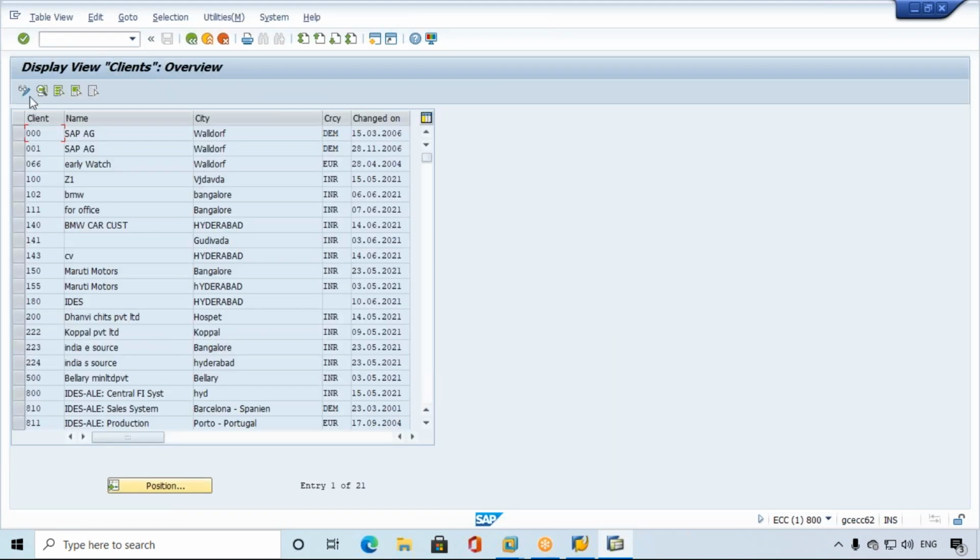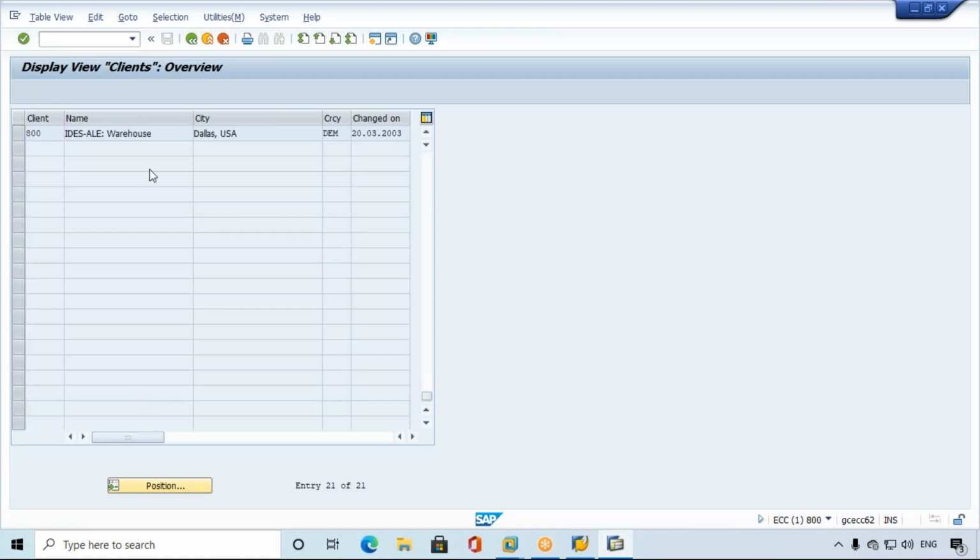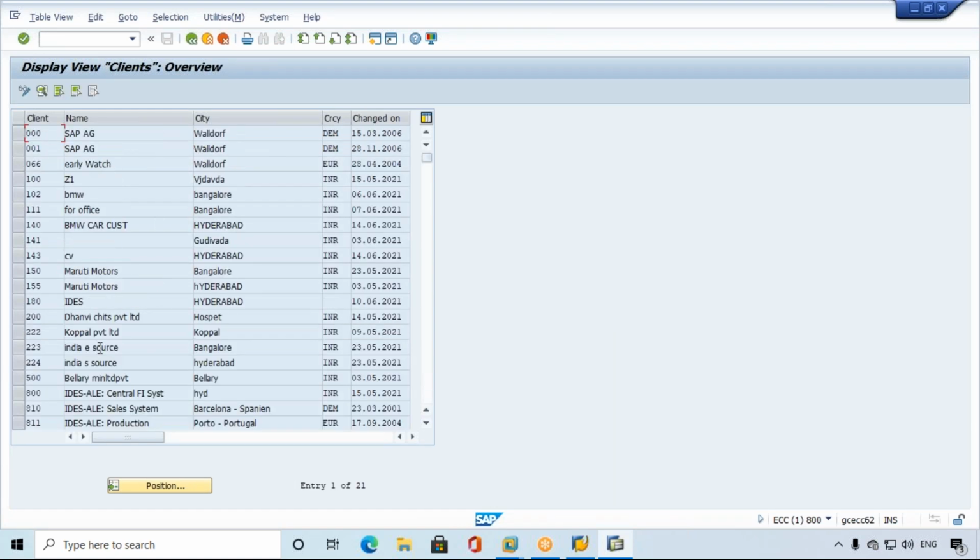For example, in this system we have so many clients. One client, Maruti Motors, client 150, I'm going to set as production.